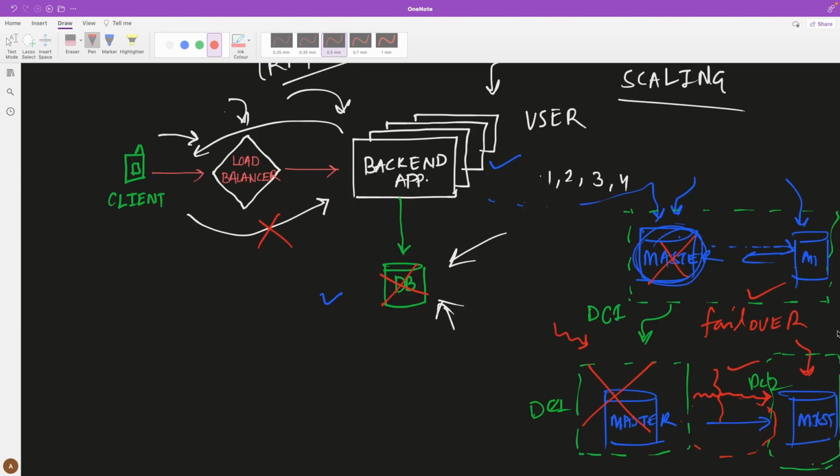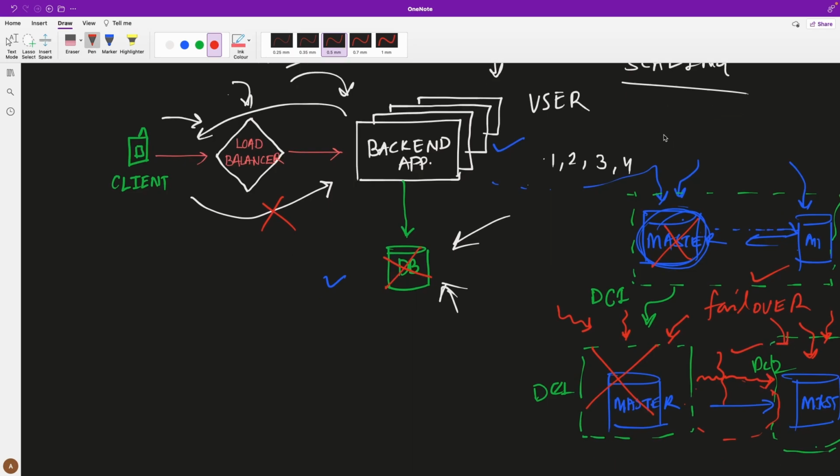Because of the network partition, there might be cases where these operations were not replicated to the follower database, so this database might have a different copy of data than that database.